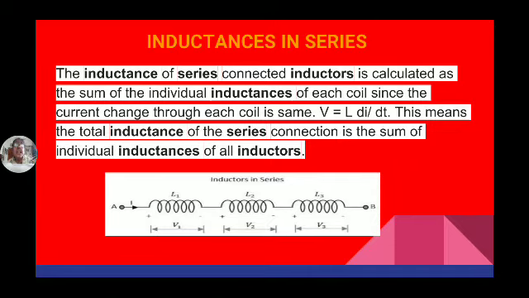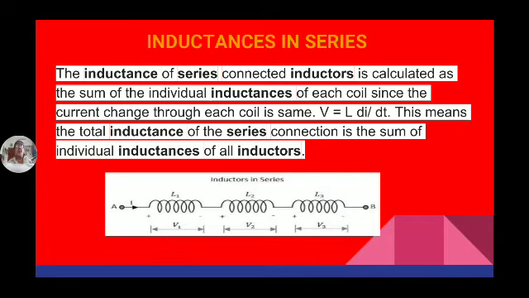Whereas here, inductance is linked with magnetic flux. If you take two coils, because of this flux its inductance is L1, and because of this flux its inductance is L2. But this flux also links with this coil, and this flux also links with this coil. It means there is a mutual effect between these two coils. That is mutual inductance, so that also we have to consider. So the derivation of inductances in series is not similar to that of resistances connected in series.